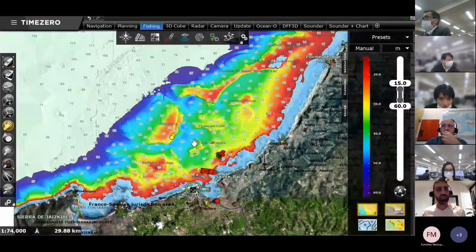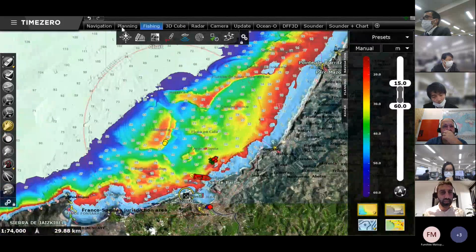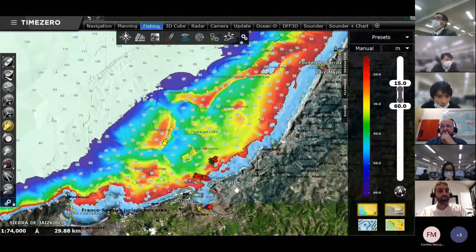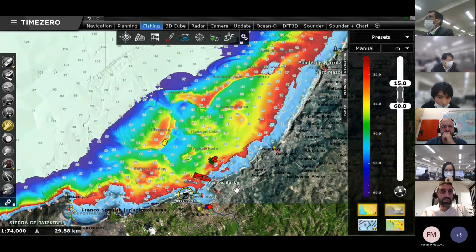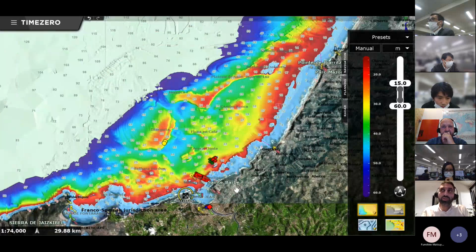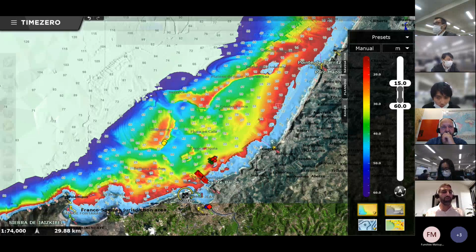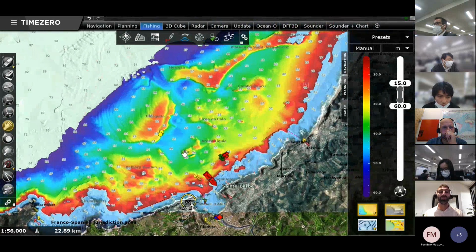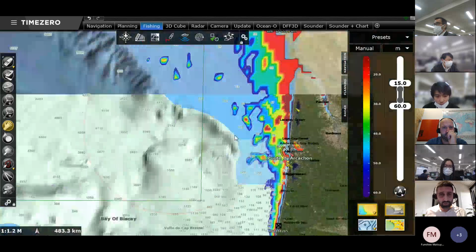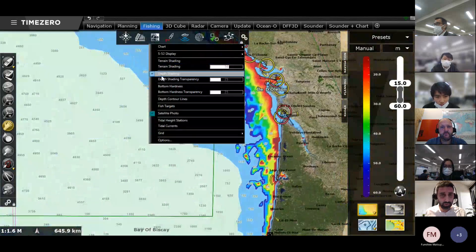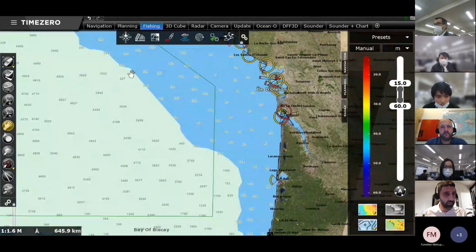One last thing before I close the PBG chapter: we have created a very nice tool to make it easy to clean your database in case there are some errors, or the Sounder does not record well at some point, or you can see the database is corrupted for some reason. This tool allows the user to automatically clean the database. For that, allow me to import a new database.